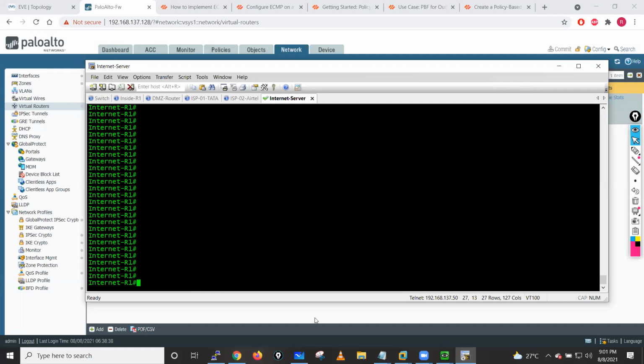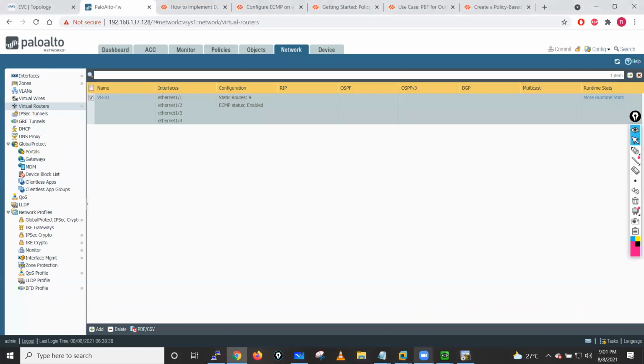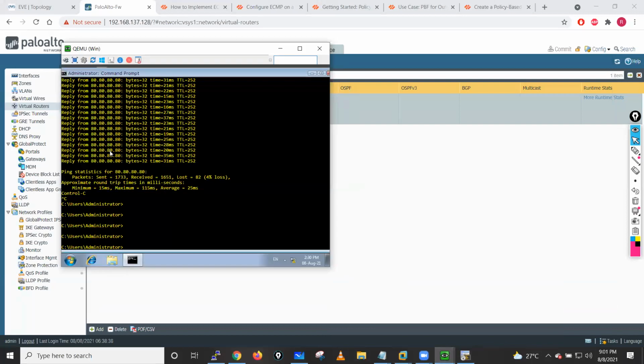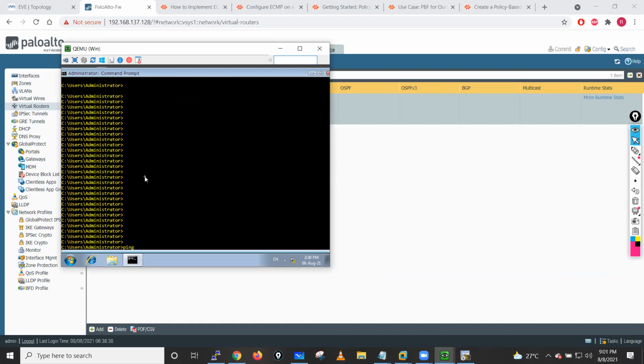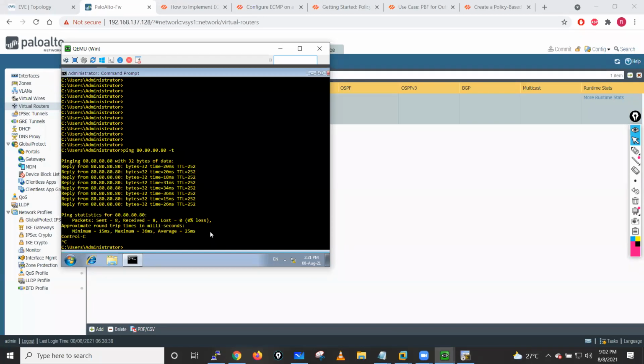So the thing is, if I go into my Windows PC and do a ping to 80.80.80.80 with -t, I have sent 4, then 5, then 6, let's suppose 7 and 8. So I have sent a total of 8 packets. Okay, and if I go into this router,